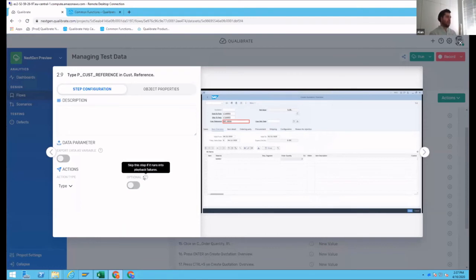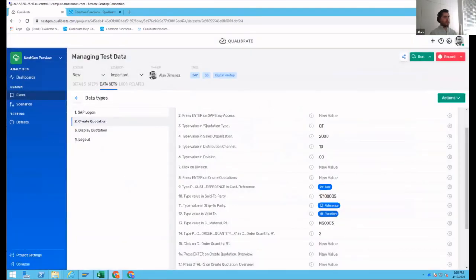As you know, if I turn on the optional mode within the step, this will apply to all datasets. So it's not data driven, it's more step driven, but we still have that capability. So yes, it really depends on what you're looking for.